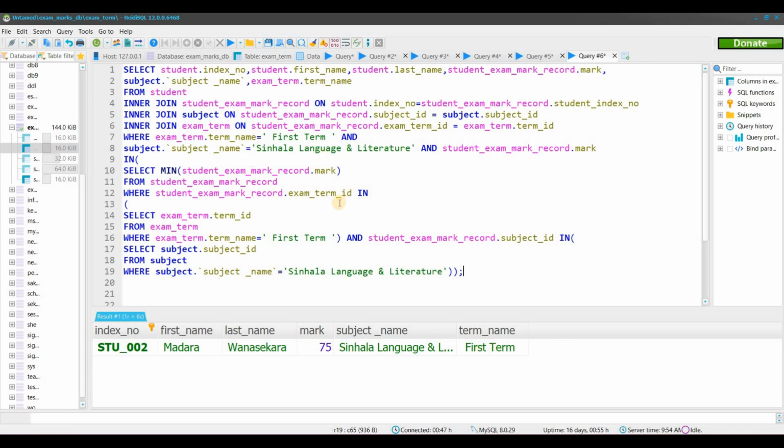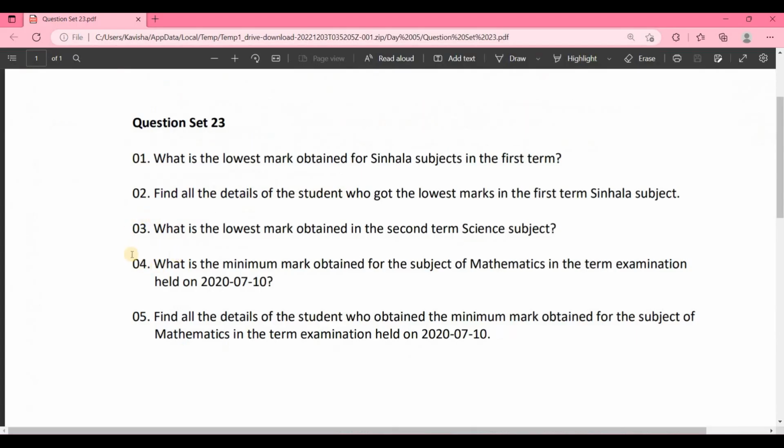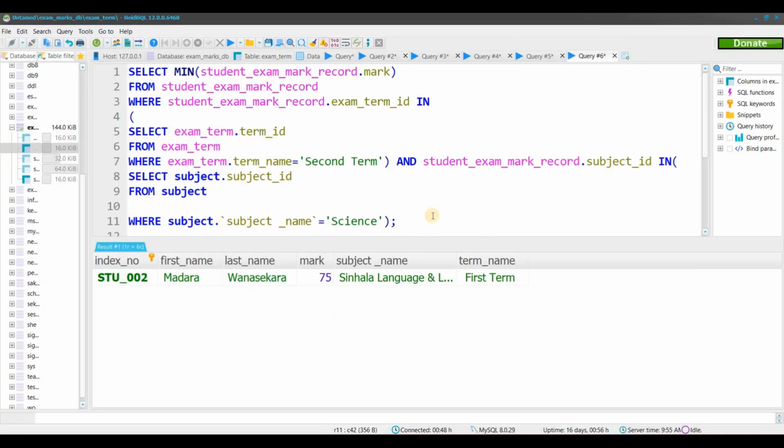So now I'm going to discuss the next question. In the third question, what's the lowest mark obtained in the second term science subject? The third question is also like the first question, only the conditions are different. So let's see. Here's the query for the third question. In here also we have to find the least mark obtained by the students. Because of that I have used the minimum function. By using the minimum function on a selected column, we can get the minimum value of that column. So here I have applied the minimum function to the mark column, so I can get the minimum value of